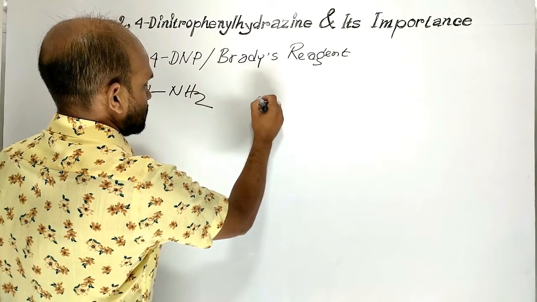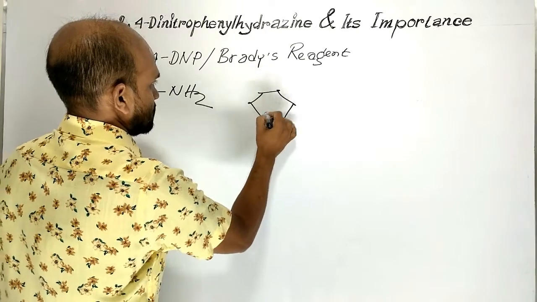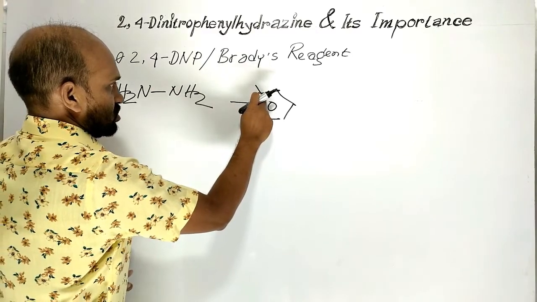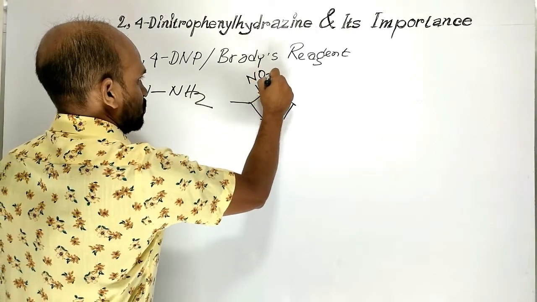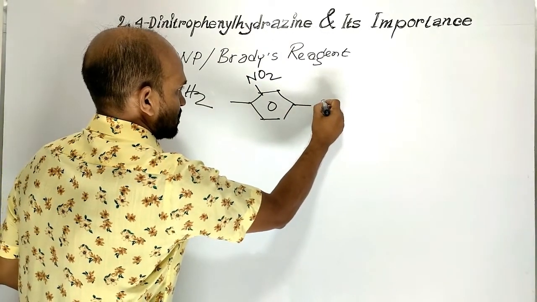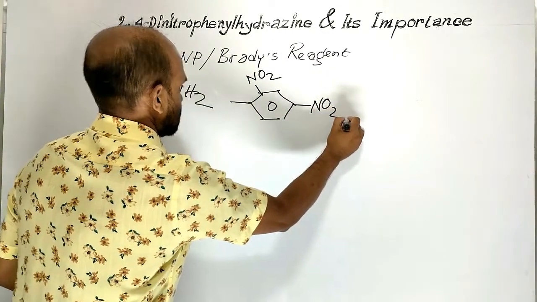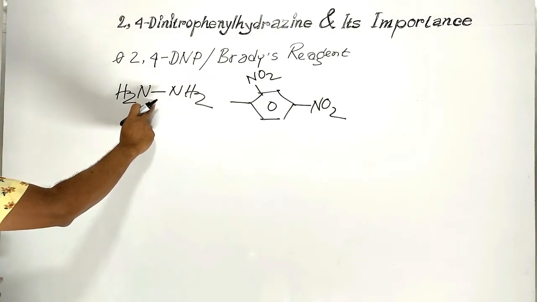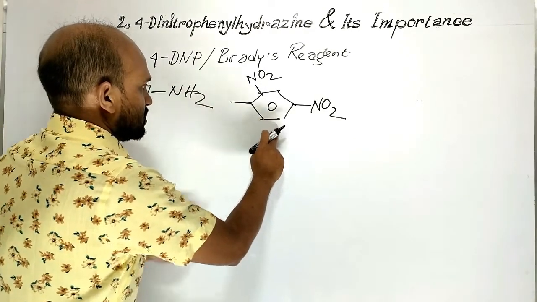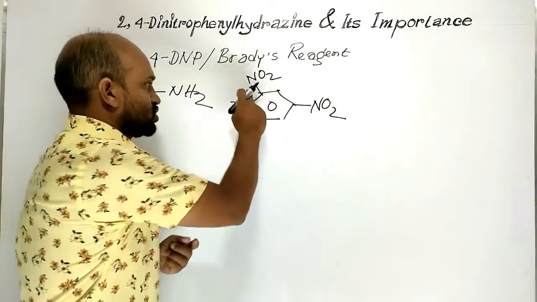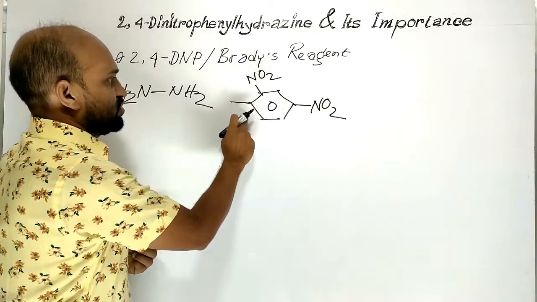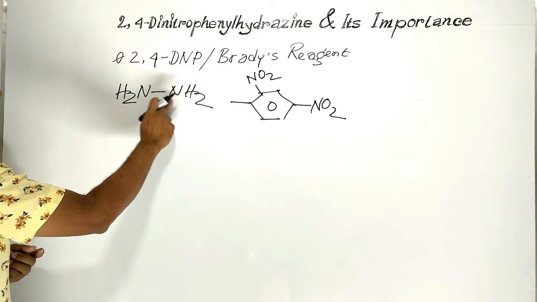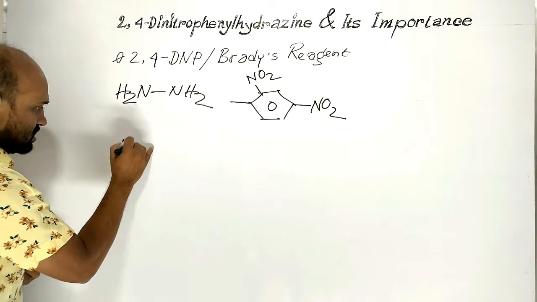Another compound, phenyl group, at 2 position nitro group, and at 4 position another nitro group. When one hydrogen atom from diamine is replaced by this group, its name is 2,4-dinitrophenyl group, which replaces hydrogen from diamine. Then this is obtained